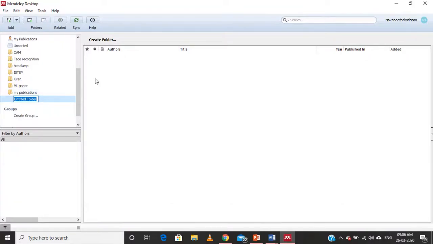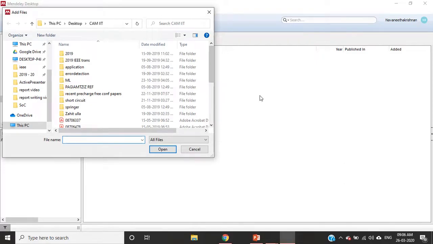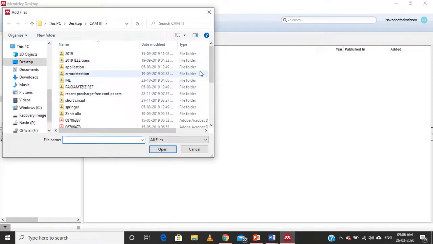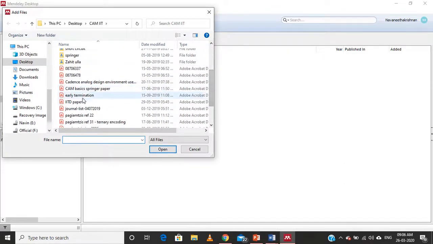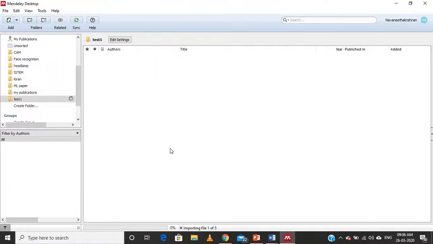You can create any new folder and import the reference papers into it. You can give Add Files, or directly drag and drop. For example, let me put in two or three papers.